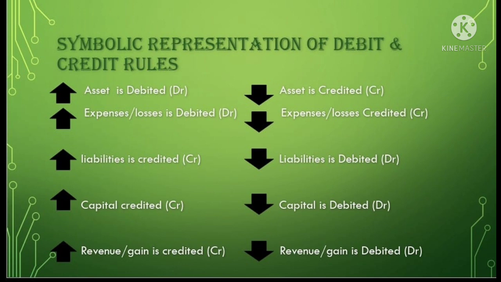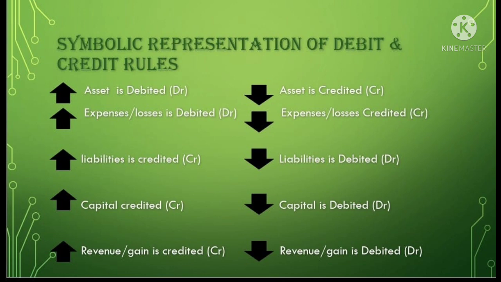And here I have represented it in a symbolic format. For example, if an asset increases, that will be debited. In the same way, I have marked all the arrow keys, showing if it is increased or decreased, the case should be as follows. For example, an increase in assets is debited